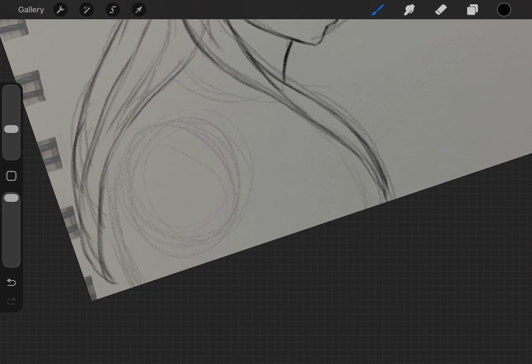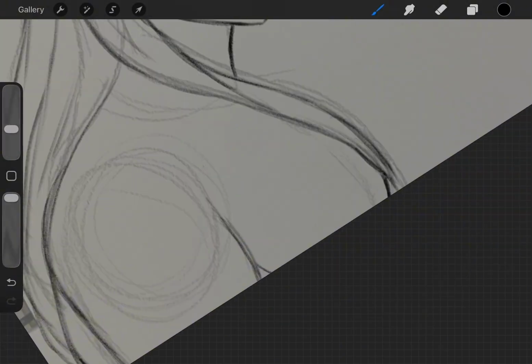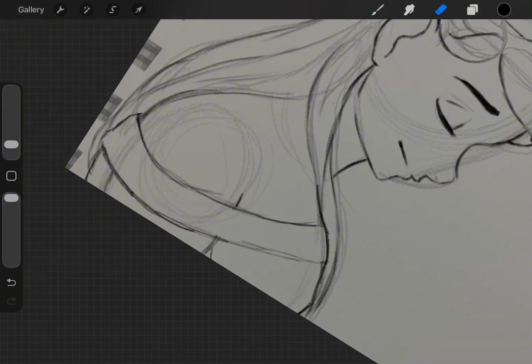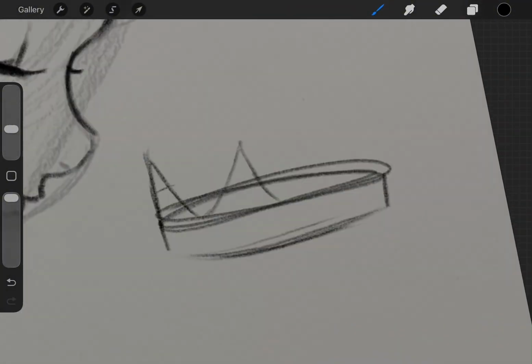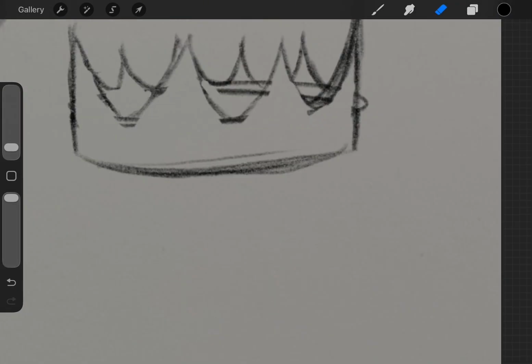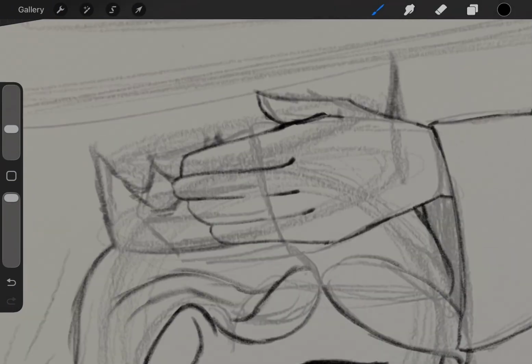So this character isn't any of mine, only because the only royal character I have right now at the time of drawing this is Evelyn, and I've already drawn her once in the video, so it's just a random person. I had some issues specifically with like the hands, so I had to look up a reference for that, but overall it wasn't that hard. So yeah, I really liked this one.